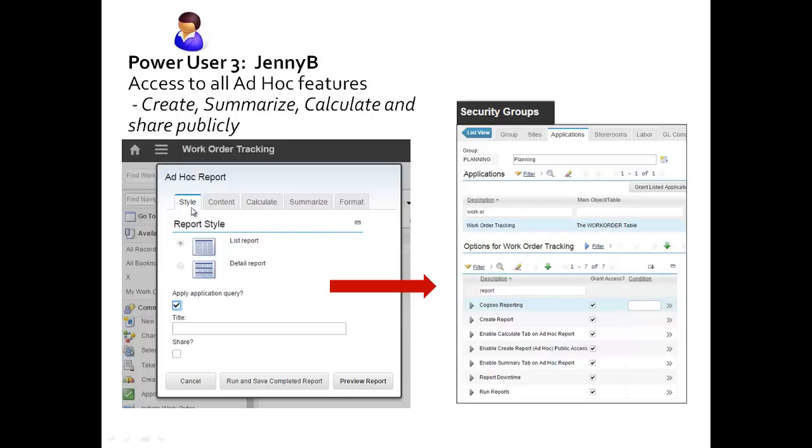So again, notice how her ad hoc reporting dialog continues to expand with this new Calculate tab shown here right in the middle. And the Calculate tab is where you're basically adding new columns onto the ad hoc report. And to enable this and everything that is shown on this screen, a couple of key things: the run report base access, create report, here's the Calculate tab access, the summary tab access, and here in the middle is the